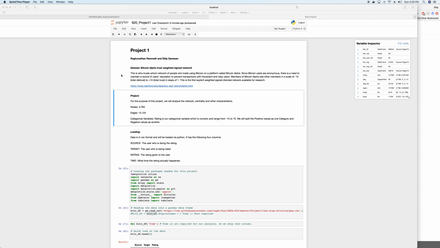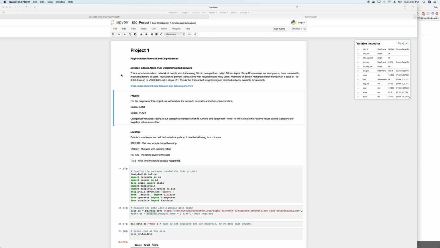For this project, we selected the Bitcoin dataset. This dataset contains the Who Trust Whom network, wherein the users rate each other based on various factors like trust and other factors, and they give us the rating for each and every user on a scale of -10 to 10, with -10 being a person who is not trusted much, to 10 being a person who is more trusted